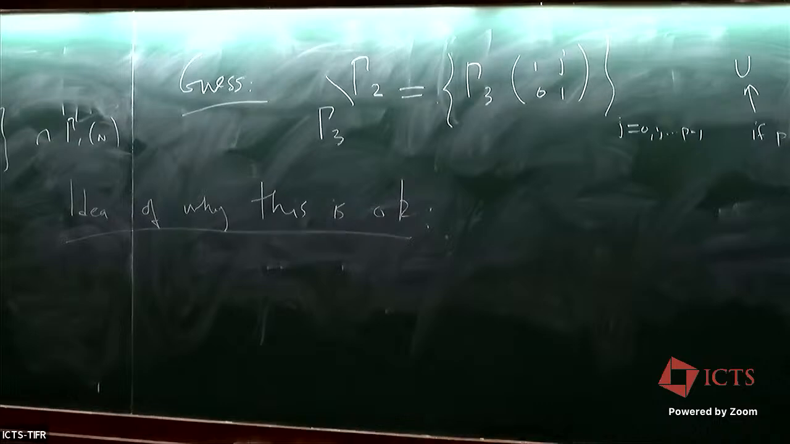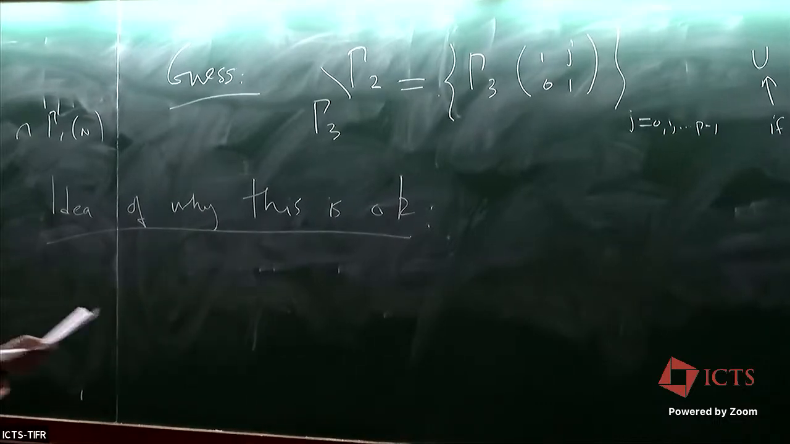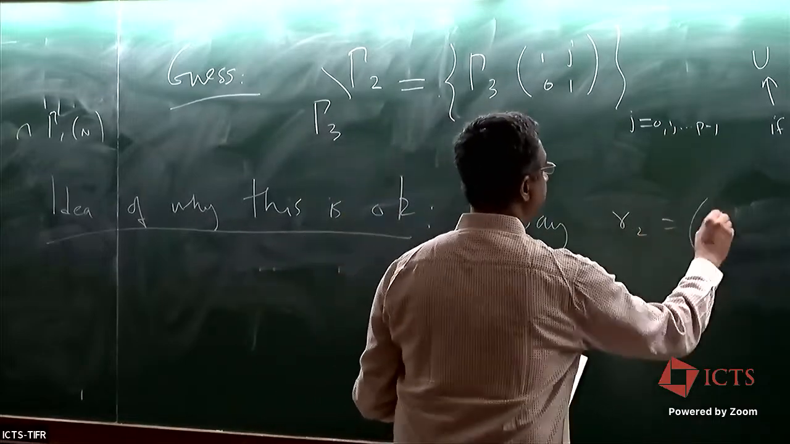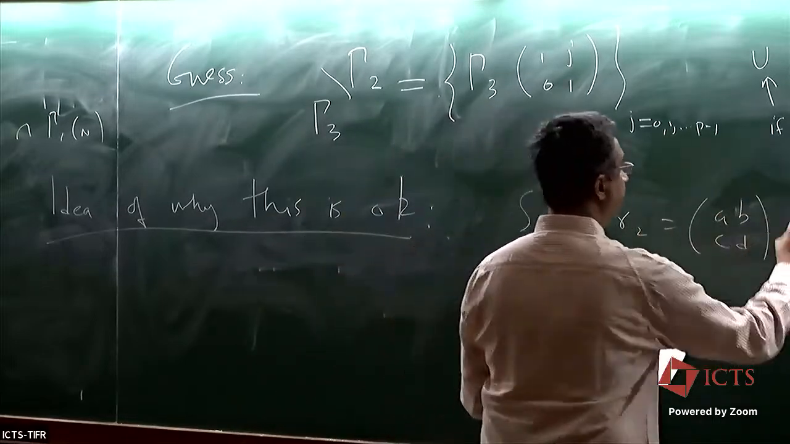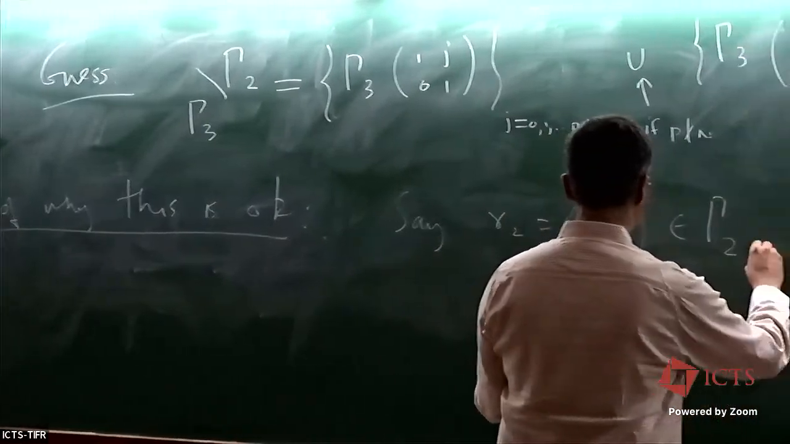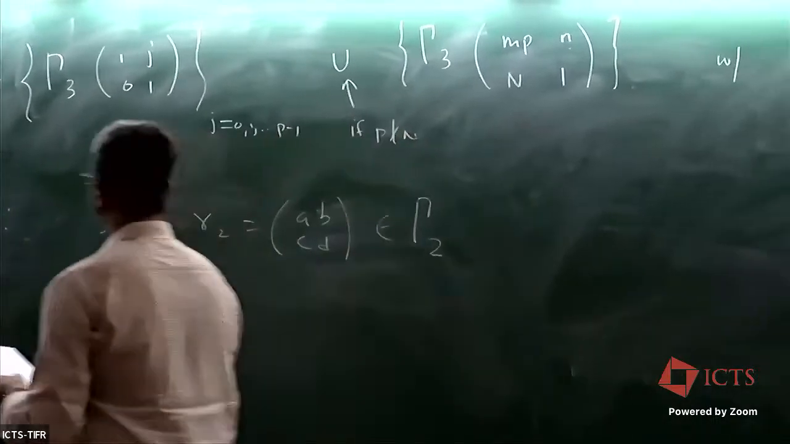Okay, so let's do some computations. So say gamma 2 is ABCD. It's in gamma 2. And okay, then